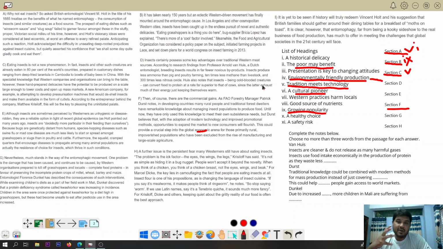And then finally, once we have the overall idea of the paragraph, we are trying to figure out one or two keywords as to what that paragraph is talking about, or what the main idea of that particular paragraph is. And then using those keywords, we are trying to locate similar answers for that particular